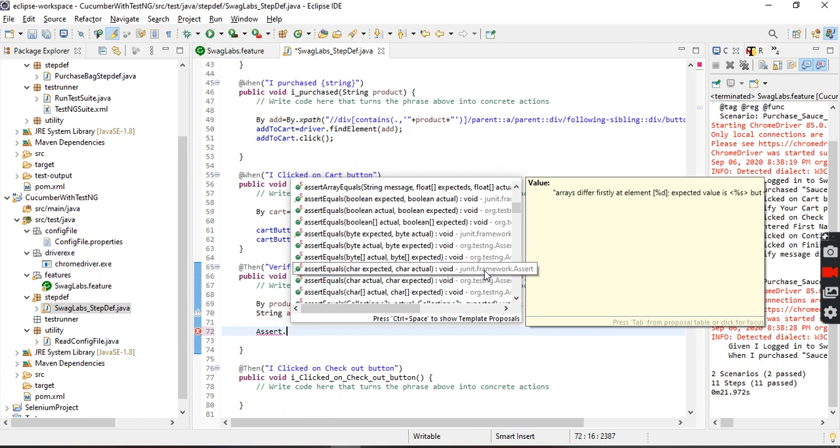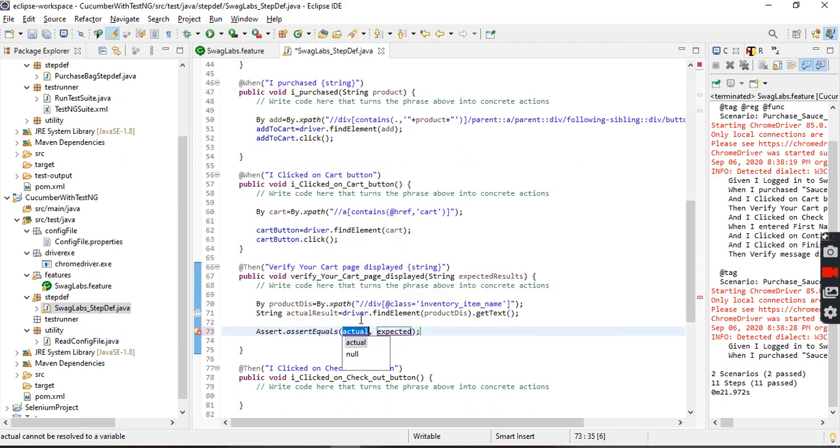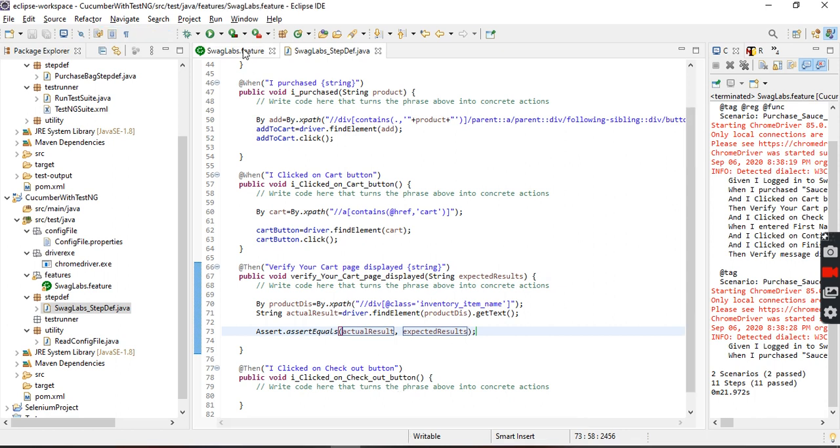See, JUnit is coming. We should not use JUnit. Actual is this one. Expected is this one. Done.